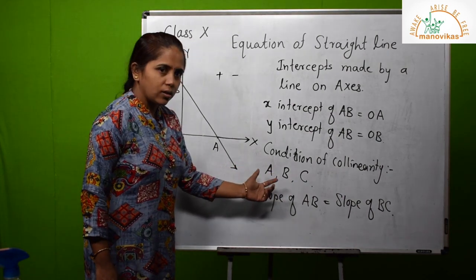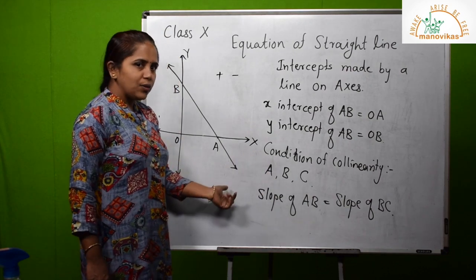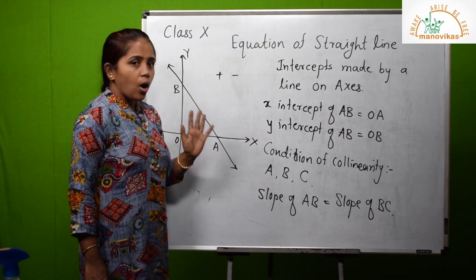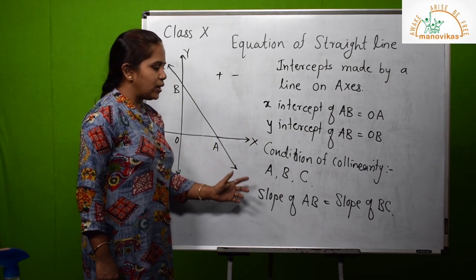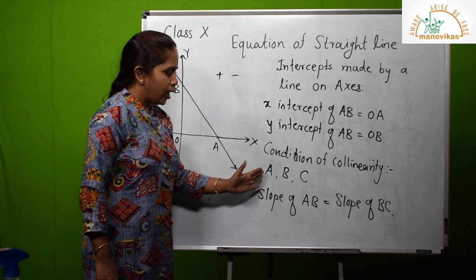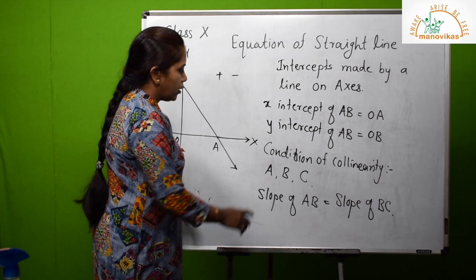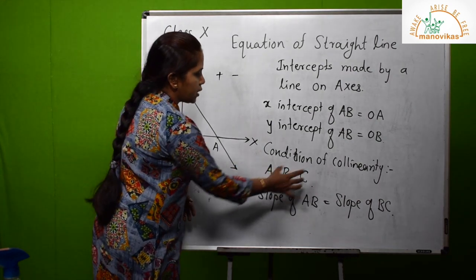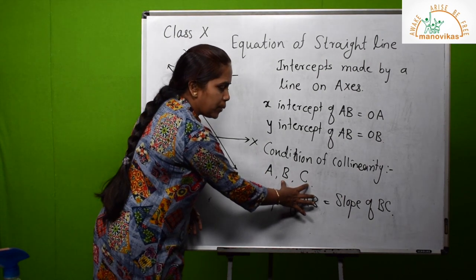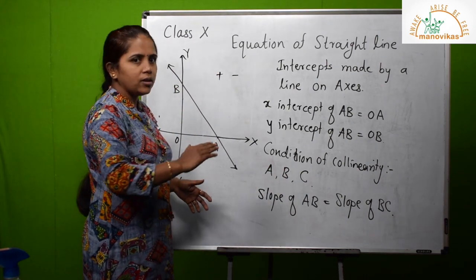Suppose A, B, C, there are 3 points. If slope of AB is equal to slope of BC, then we can say that A, B, C are collinear points. Or when it is given that slope of AB is equal to slope of BC, it means that A, B, C, these points are collinear. Okay. See the order A, B, C. First we have to take slope of A and B, first 2 points, and then slope of B and C. So A, B, B, C. We have to take the points in order.